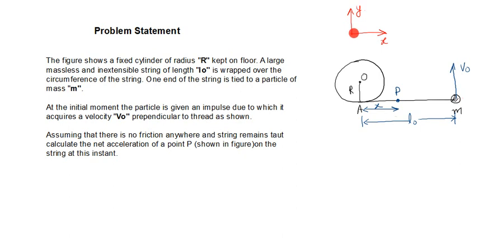As you can see here, my positive x direction is towards the right and my positive y direction is the vertically upward direction. So I have to find the acceleration vector using i cap and j cap, in terms of unit vectors along the positive x direction and positive y direction.